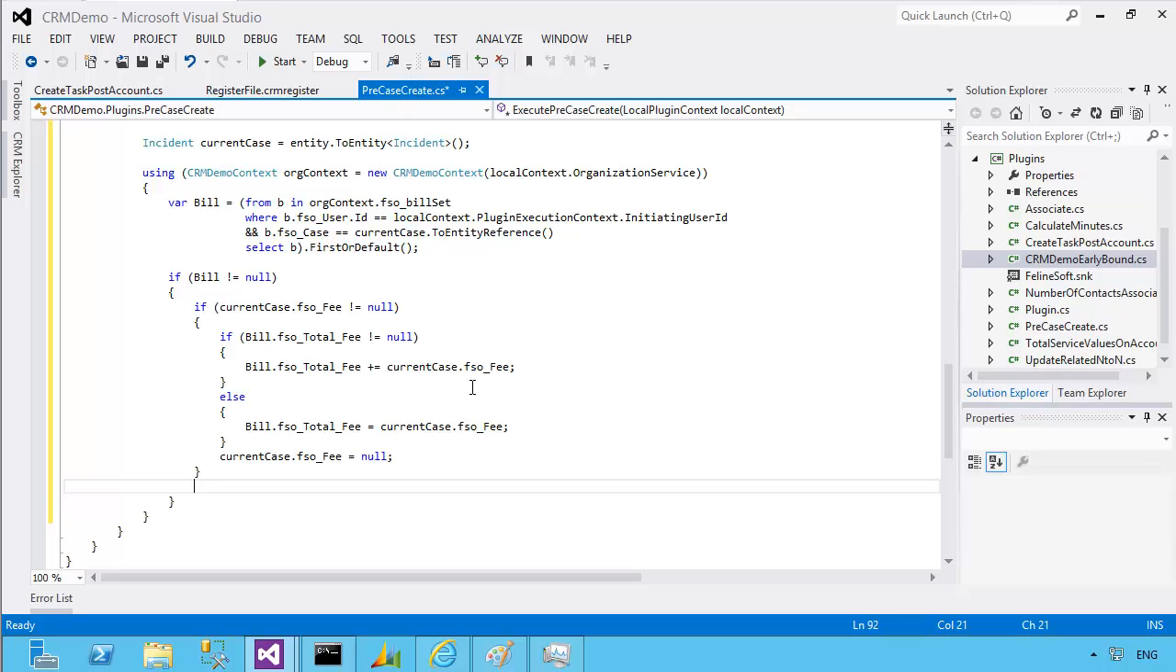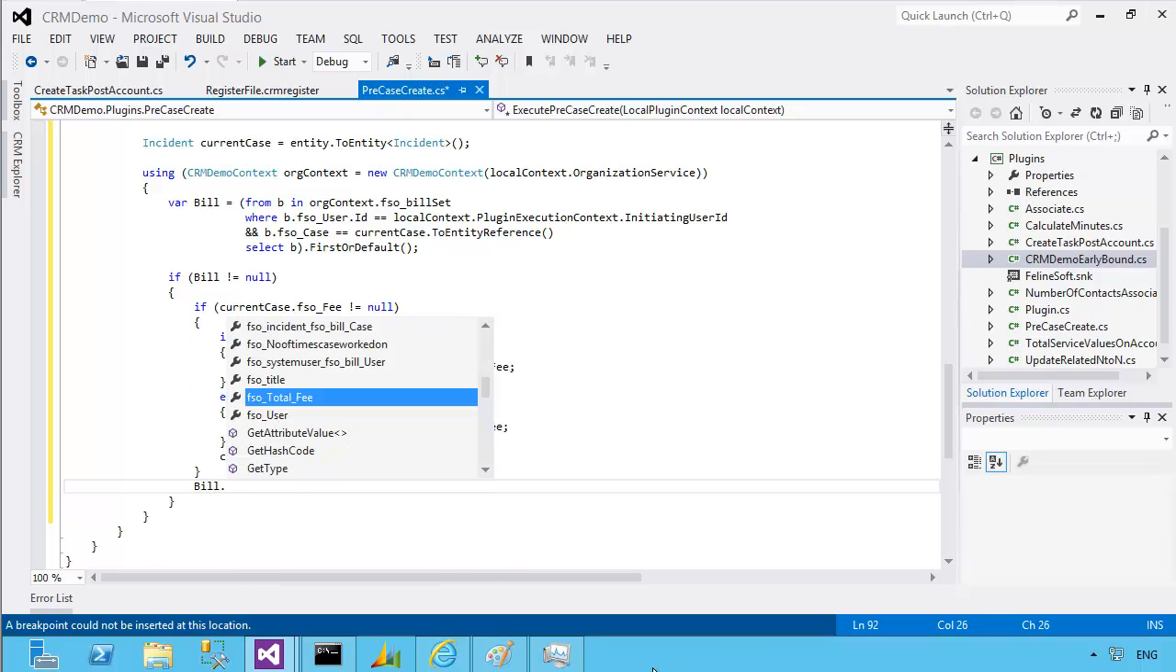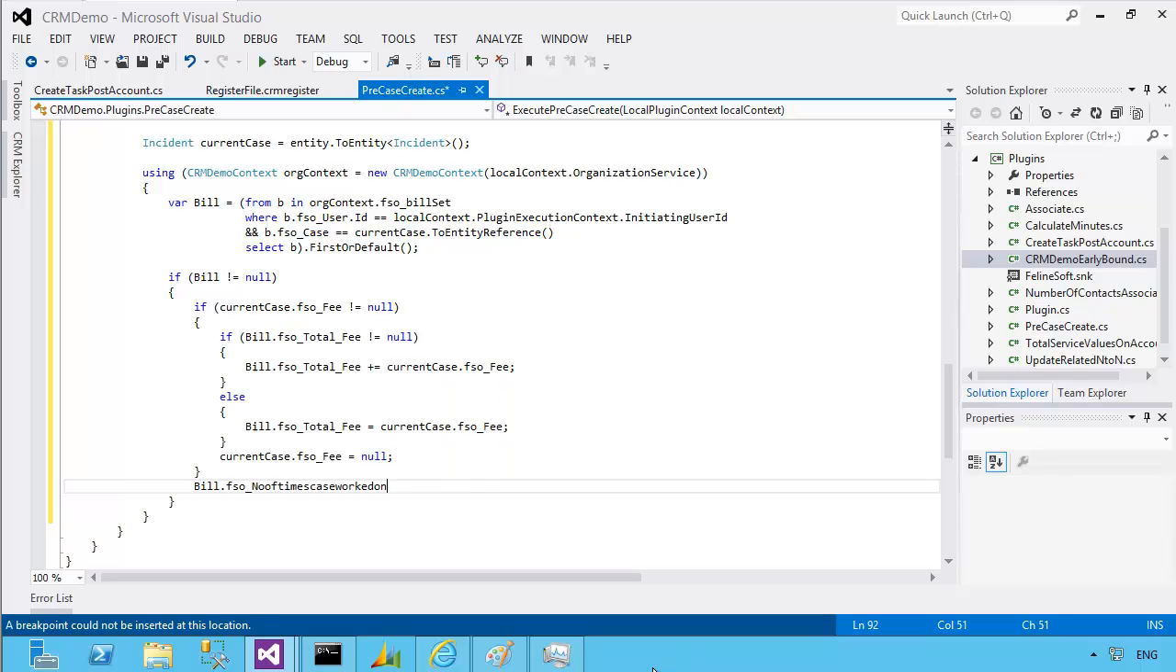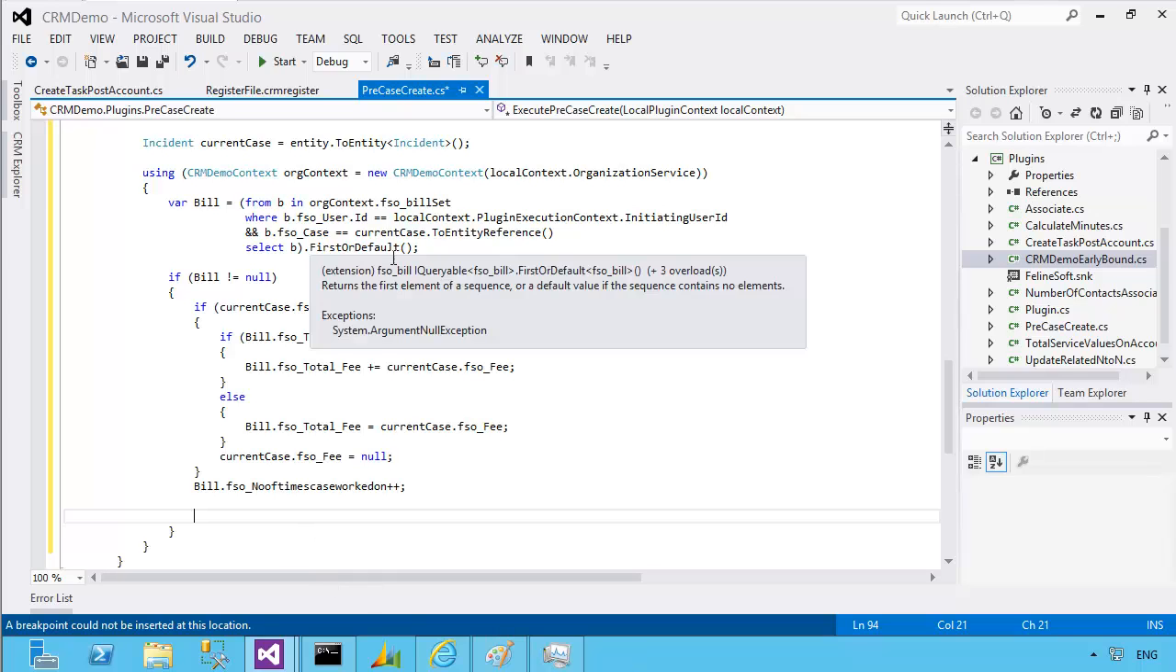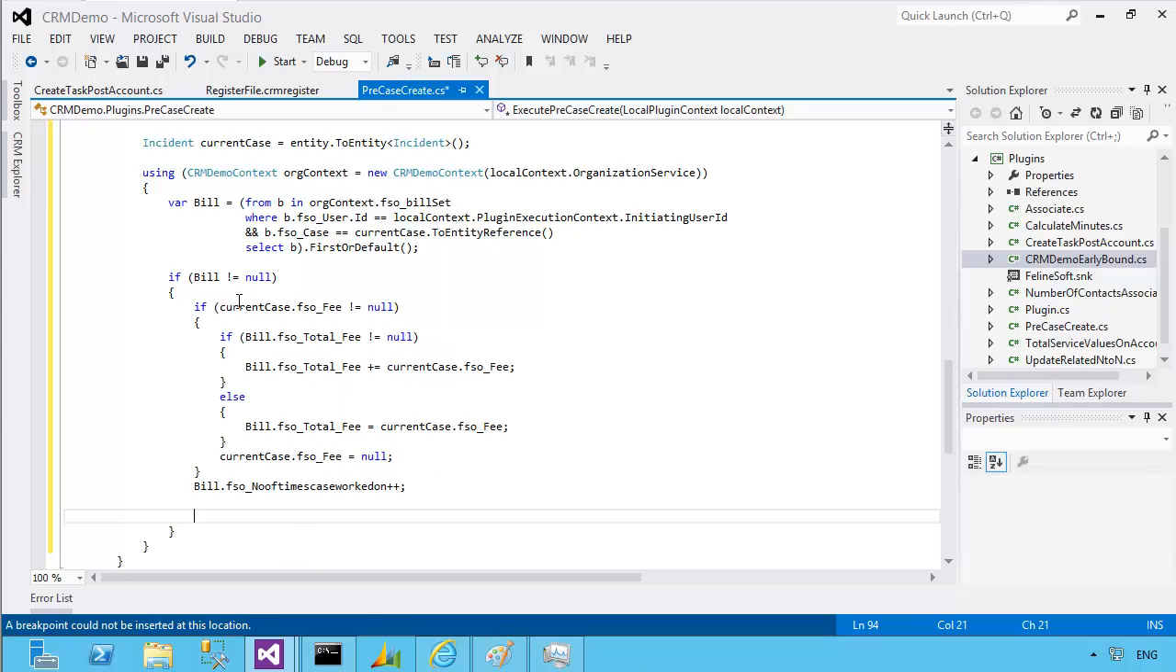So we need to say the bill dot FSO number of times case worked on, and just increment it by 1, which the shorthand is ++. So we've found an existing bill record, we've modified the fee if it's in the case record. If it's just another field that's been updated, we're not interested in touching the fee. We do want to always, in all instances, update the number of times it's been worked on, and now we